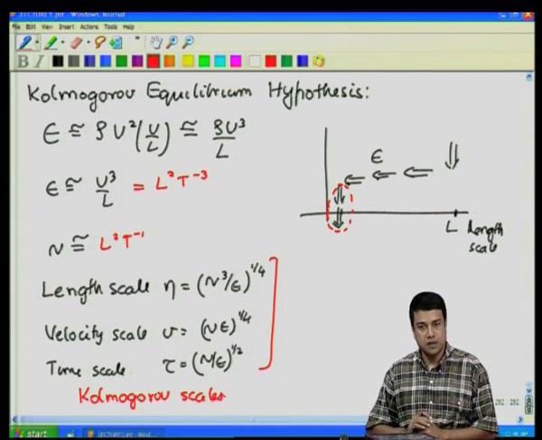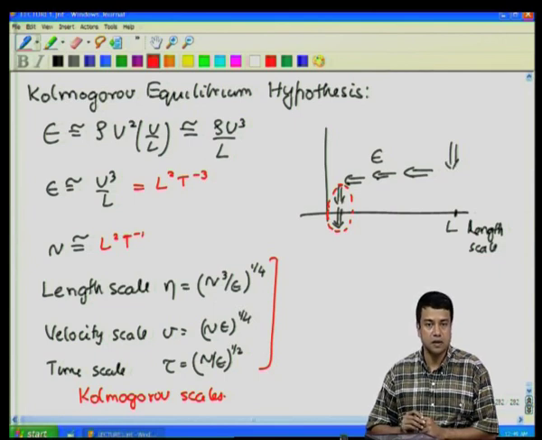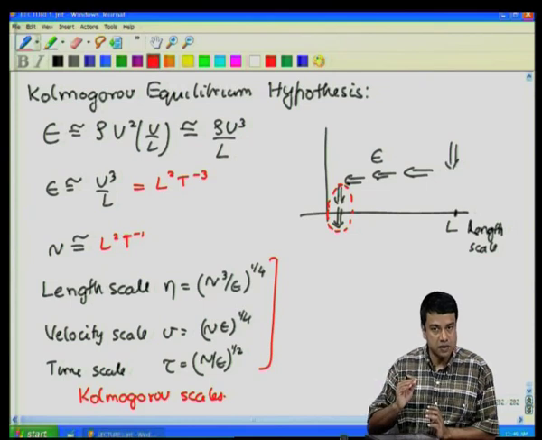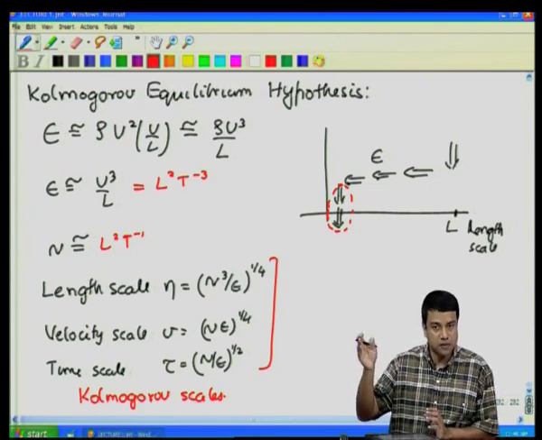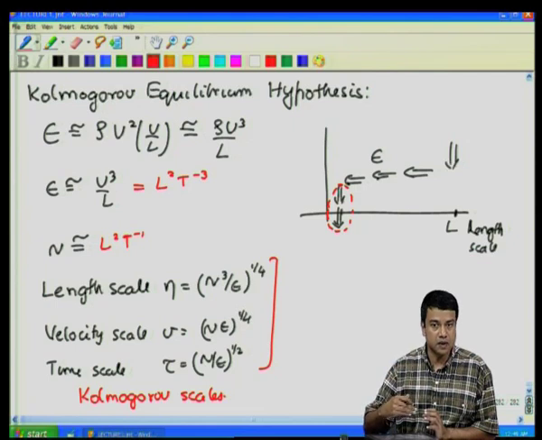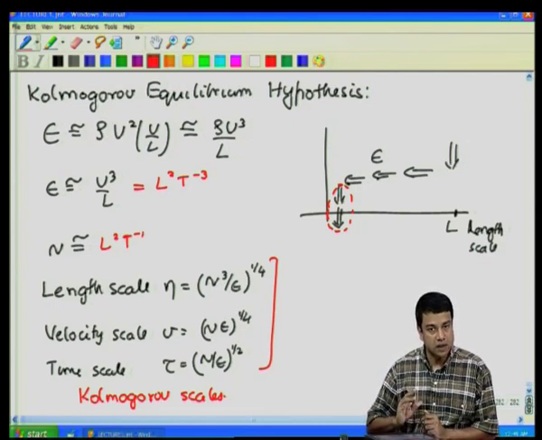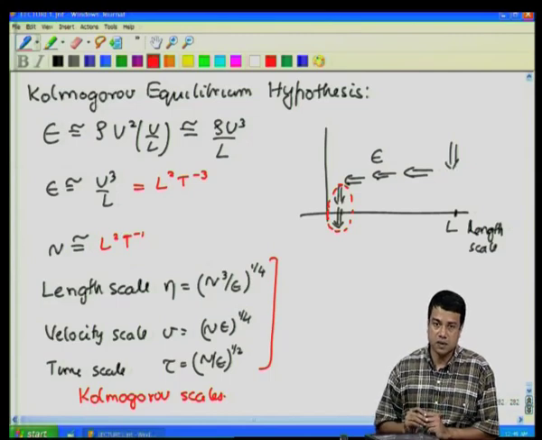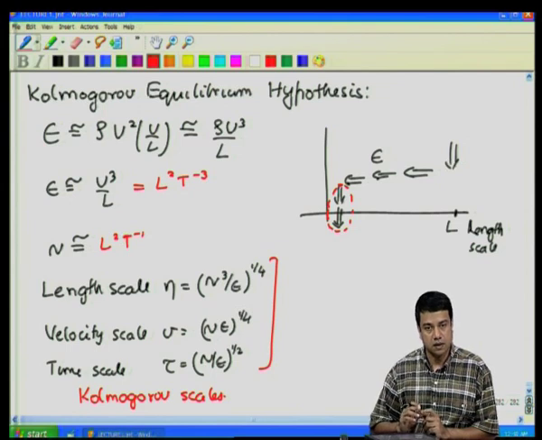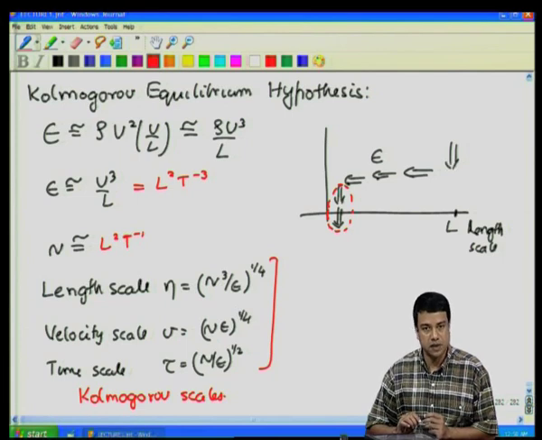So, this is an important result in turbulent flows. It tells you what is the smallest scale of the eddies that are generated by turbulent flows. The smallest scale depends only upon the amount of energy that is being generated by the mean flow and has to be dissipated ultimately by the small scale flows, and the kinematic viscosity, because the viscosity ultimately dissipates energy. Just on that basis, one can infer what are the length, the velocity, and the time scale of the smallest scale eddies in the flow.